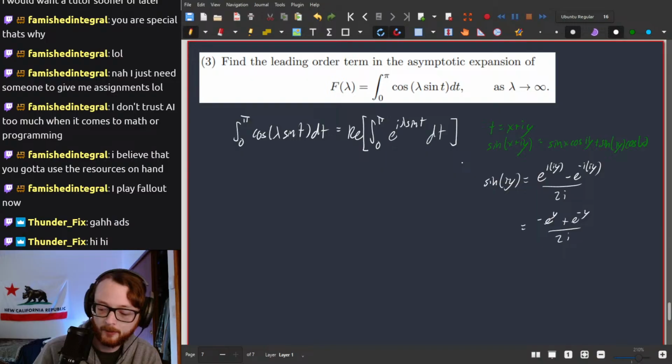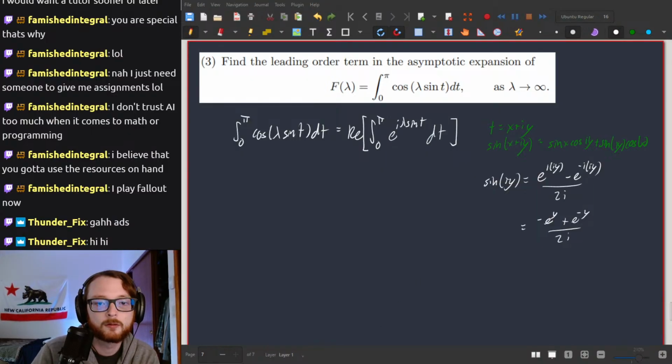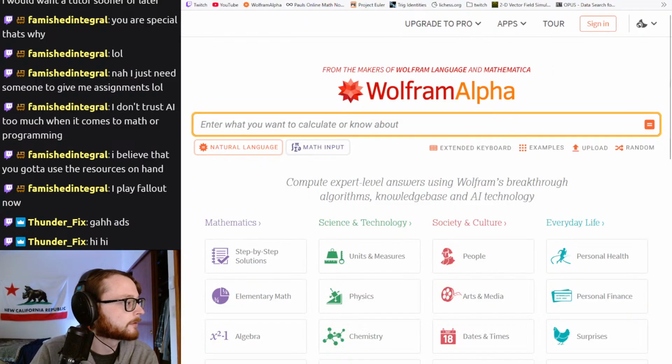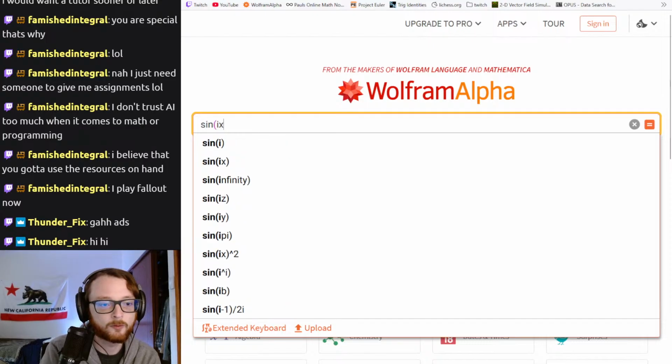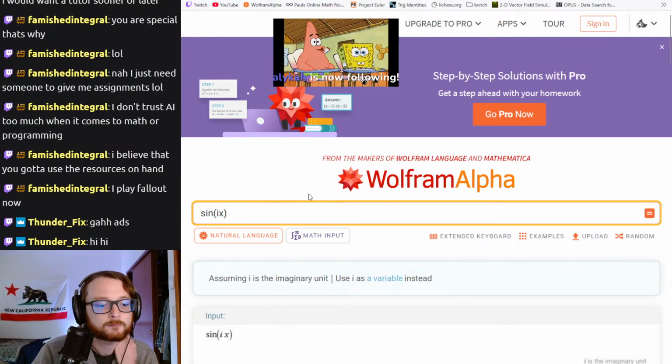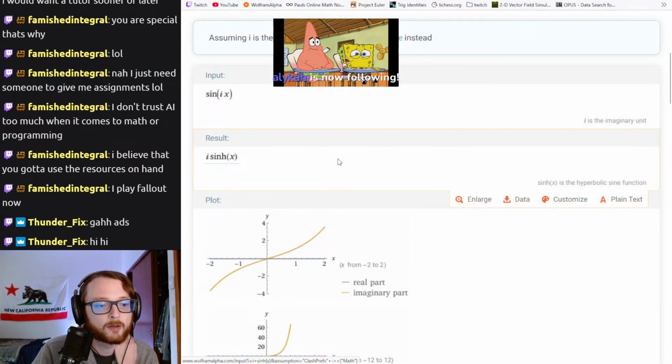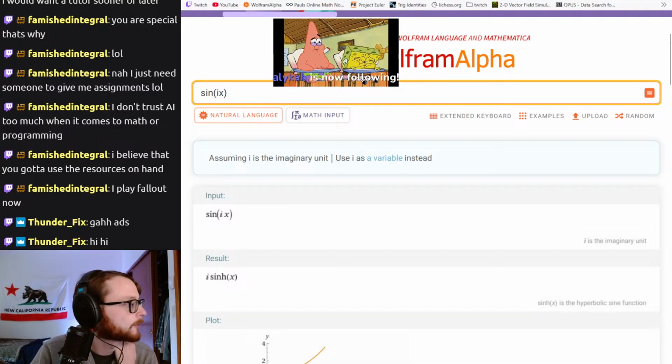Is this... I'm getting like minus sinh, aren't I? You know what? Wolfram Alpha can figure this out for us. Why am I deriving this myself? It is just i sinh. I don't know what I was doing wrong there,